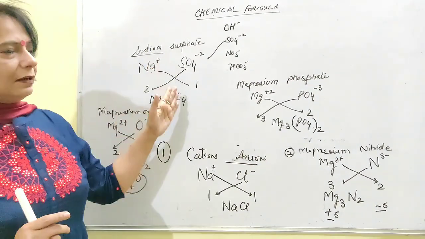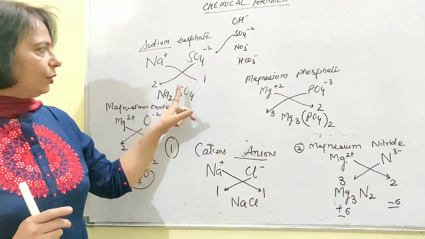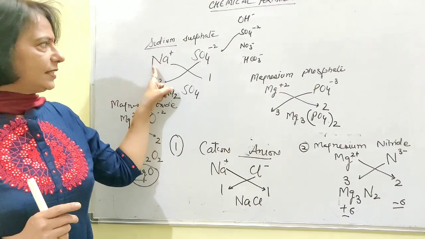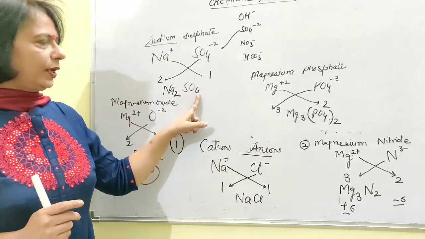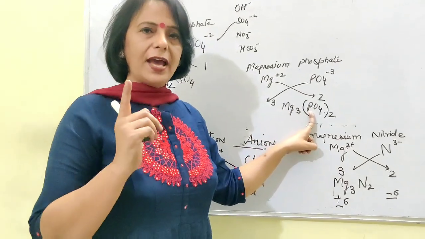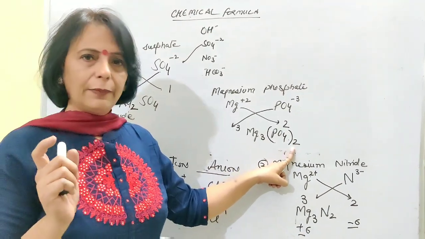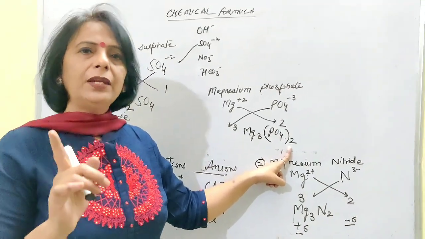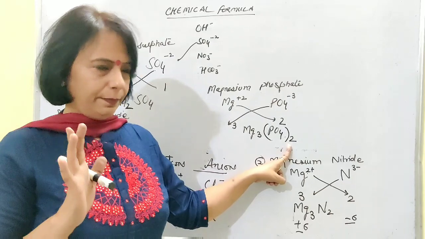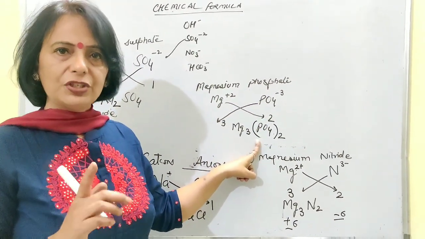Simply you will mention the symbols, and that represents the compound. And then I shifted to the polyatomic ions, where if the polyatomic ion is going to get 1 from the cation side, you need not put any bracket. If the number is more than 1, then the polyatomic ion has to be kept inside a bracket, and then the number has to be written in the form of subscript. Then only will you get the formula of the compound. Magnesium phosphate is one example which I have given.